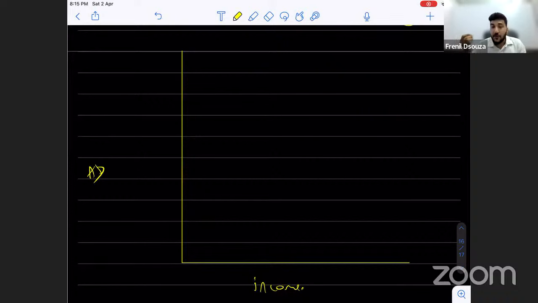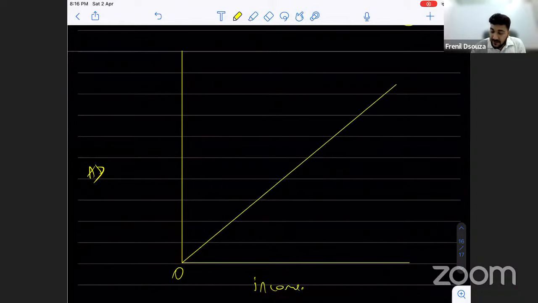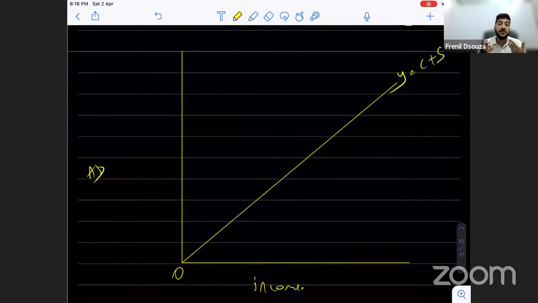I'm going to draw an income curve that is starting from zero. Of course, initially when you have zero money, you will not automatically have some money with you when you start. You're going to have income at zero, and it's going to go up at 45 degrees. I call it Y. I can also write it as C plus S, because my total income, either I'm going to consume or I'm going to save. So consumption plus savings is equal to my total income.